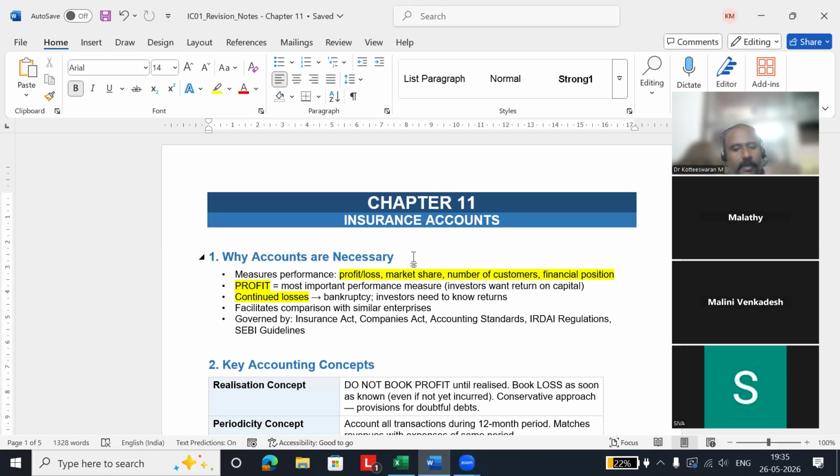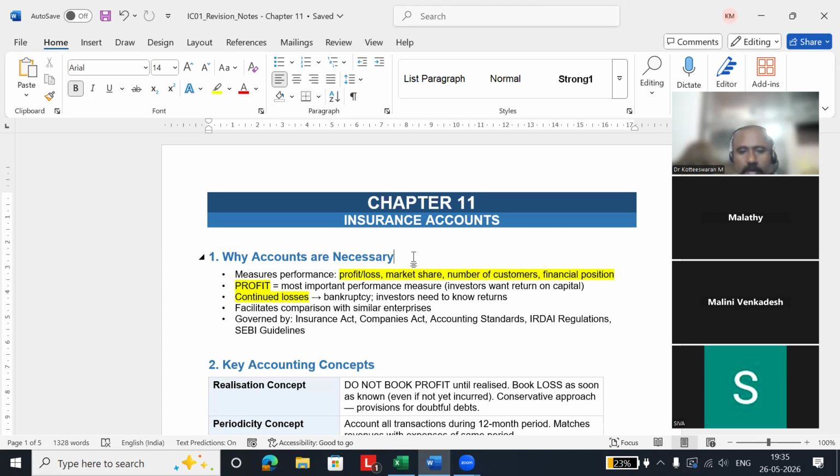What are the things to be accounted as profit? What are the things which will be accounted as an income or a loss? And the final calculation of profit and loss will come. So it is not much complicated, just a little bit of understanding is needed. I have some examples for you to understand some basic concepts. There are some concepts which are related to insurance accounting.